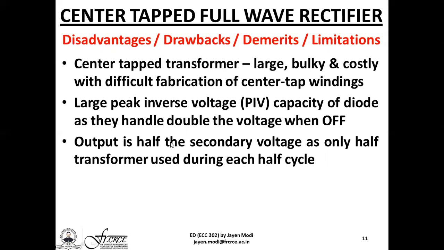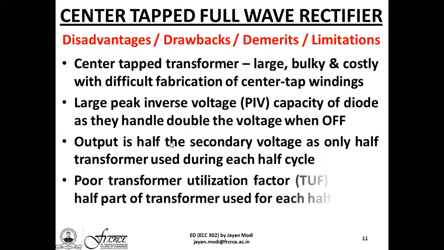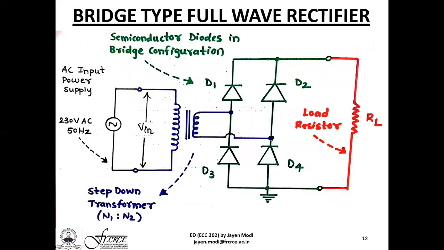And lastly, since the transformer is not utilized completely during each half cycle, the transformer utilization factor TUF is extremely poor, because you are only using half of the transformer for each half cycle. So these are the four main drawbacks of the center tap full wave rectifier circuit, which is removed by studying the bridge type full wave